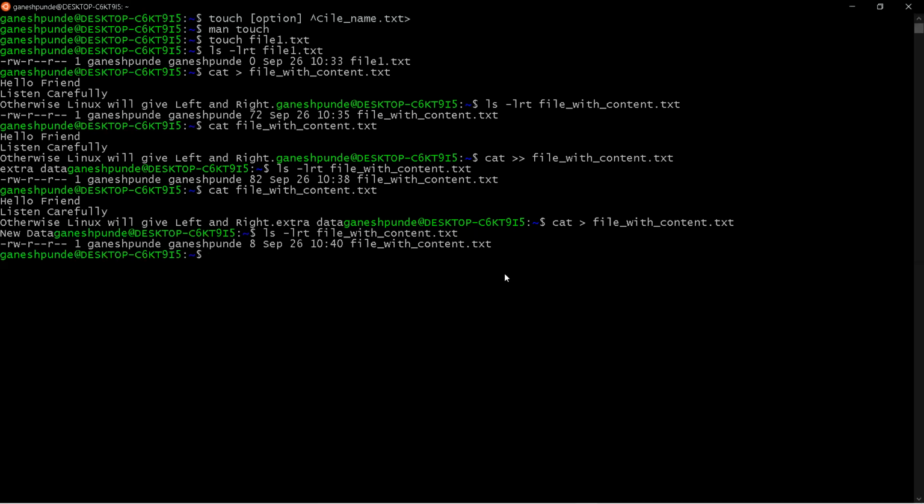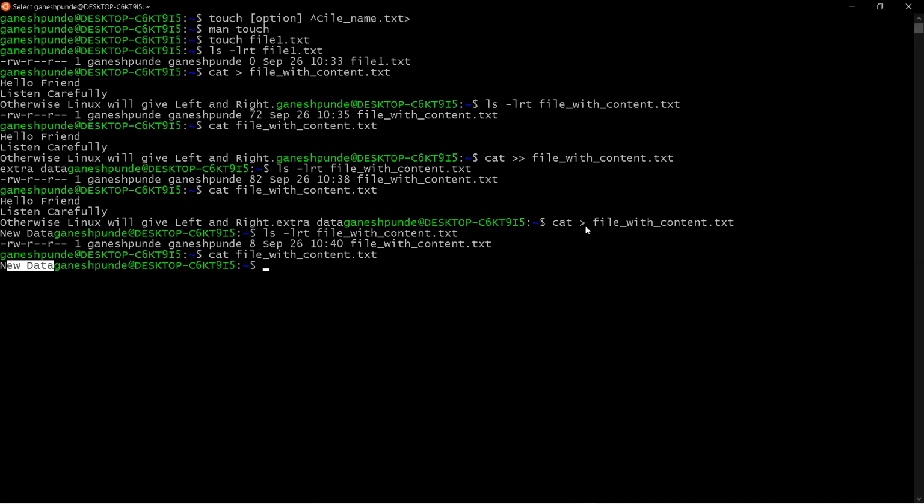You can see this file is modified at 10:40. The previous time stamp was 10:38. Now it is 10:40, so this file is overwritten at 10:40. Let's see the content of this file. You can see file with content, and new data is there. So it means the previous content is overwritten.